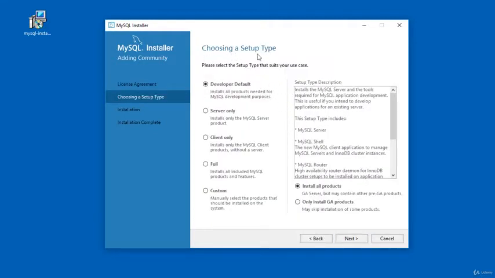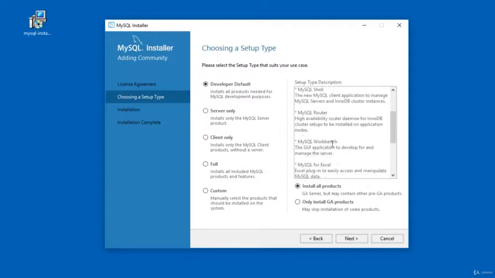On choosing a setup type window, there are 5 different setup types. The developer default will install all MySQL products for development. The products like MySQL Server, MySQL Shell, MySQL Router, MySQL Workbench, and so on.